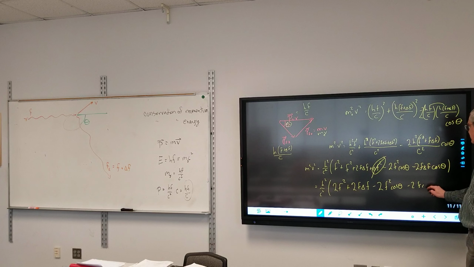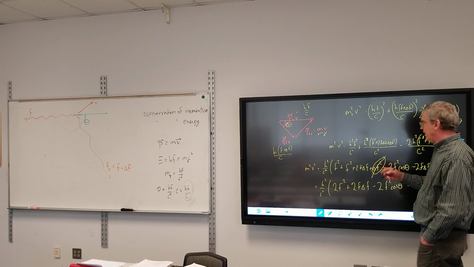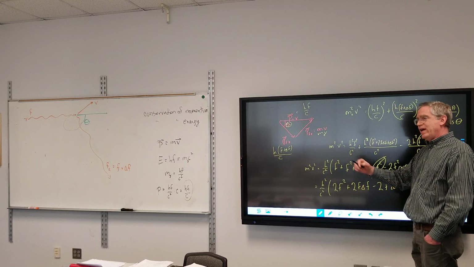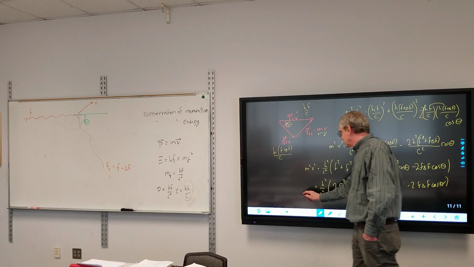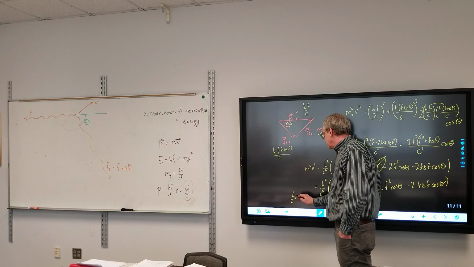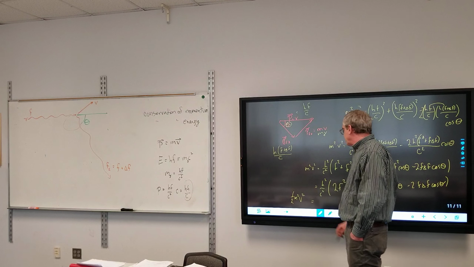Minus 2f delta f cosine theta. You'll notice all the terms in parentheses have 2's. I can factor the 2 out and divide by it. So over on the left-hand side, I'm going to have 1/2 m squared v squared. And that's going to be equal to,